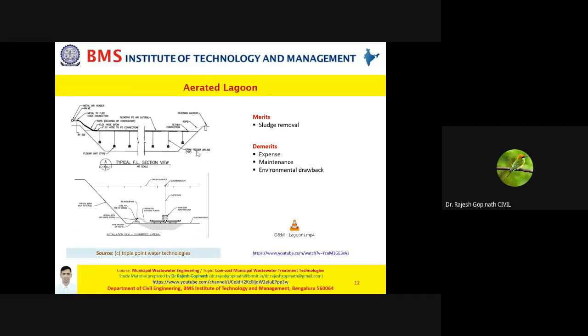But when it comes to disadvantages, again, the cost of land, the availability of land, the expanse of land, the maintenance attribute with respect to aerators, and yes, you do have environmental drawbacks. These are probably that it might attract birds and migratory species, and also, if you have algae, you need to ensure that the algae is not allowed to grow so much that it covers the entire lake. Then the entire system will collapse, something very similar to eutrophication. More or less it's an operation and maintenance issue. Let's see a small video for that.